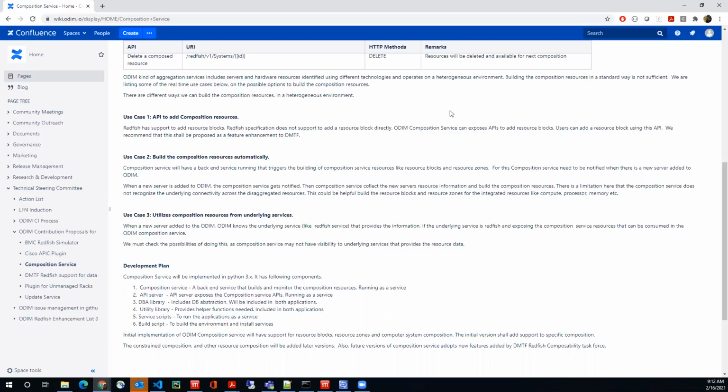Okay, I understand what you're saying. So you're basically saying that the disaggregated components could be discovered or added by another service, and then the composition service knows what's where based on the event notification. Yeah, it would know about it, and then you could do something with it. We need to be careful because in DMTF, resources are complex things. They have resource elements a lot of times, right? Resource instance or resource.